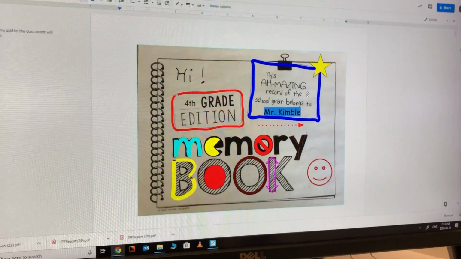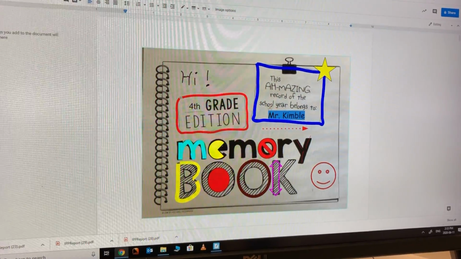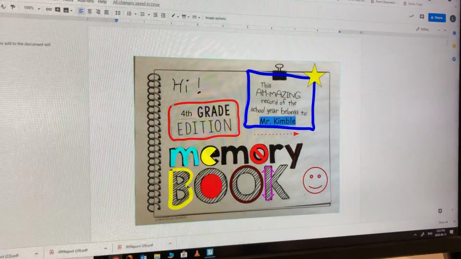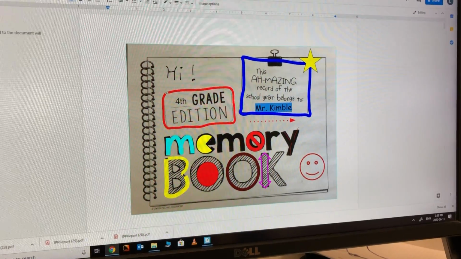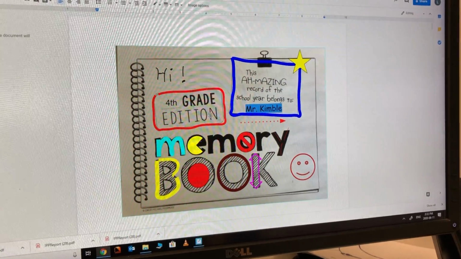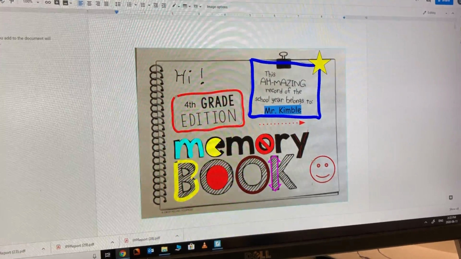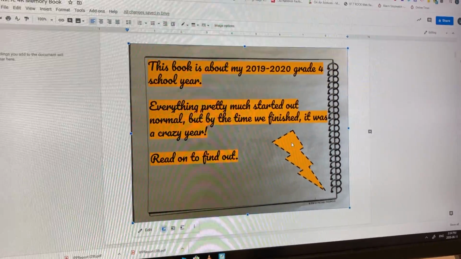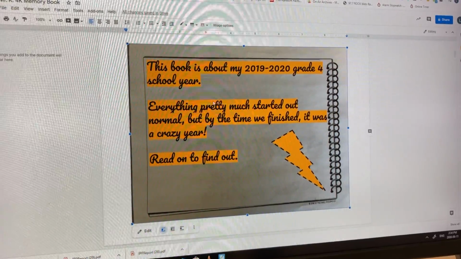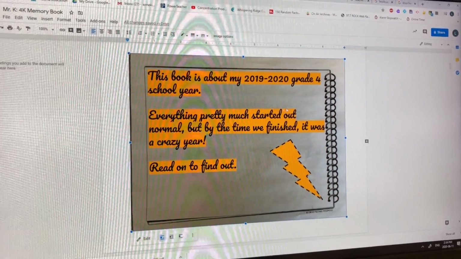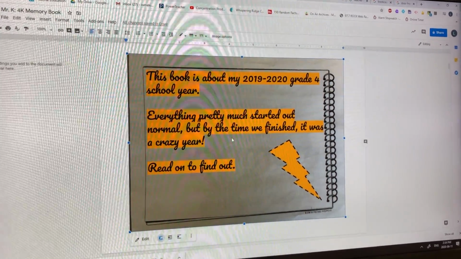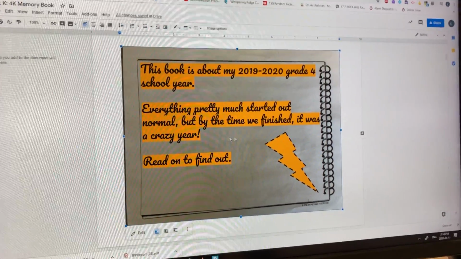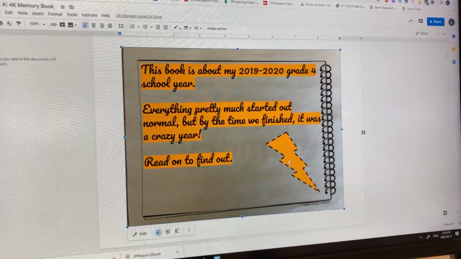So you can see I've been practicing a little bit here doing some online stuff. And so I have this page here. I've got some colors in it and things like that. Have my name in. And then here is the next page. It just says this book is about my 2019-2020 grade 4 school year. Everything pretty much started out normal, but by the time we finished, it was a crazy year. Read on to find out. I have a lightning